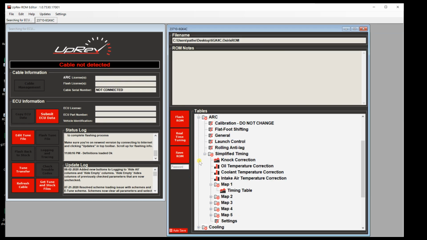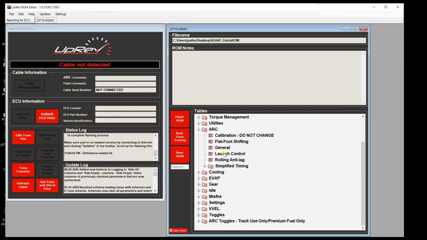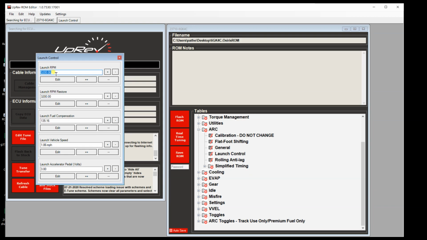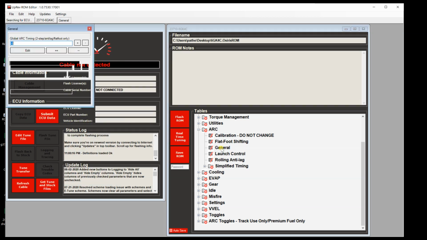So let me see, anything in here. Then you have your corrections right here. For manual transmission, you have your launch control settings. These are the default settings that Uprev put on there. I know different softwares have different settings. Some of them are default at 4,000. Uprev has a default 32, so you can just change it. Since it's adjustable through the steering wheel, you could just leave it at the default, but of course it's not a training video, so let's close that. In general,